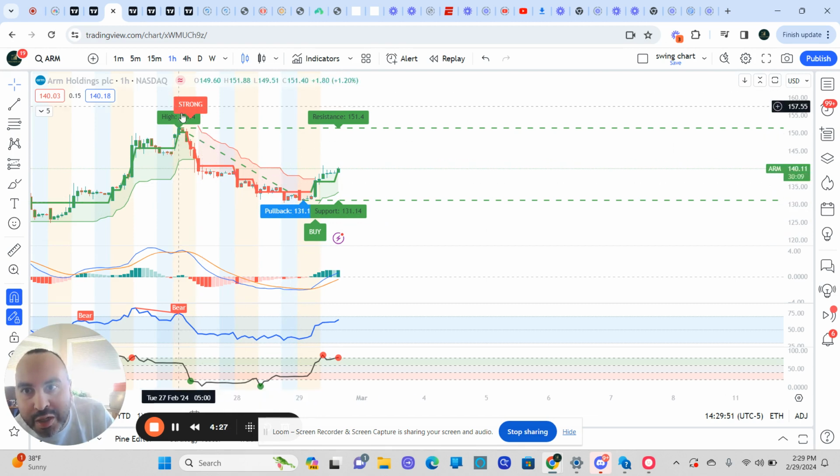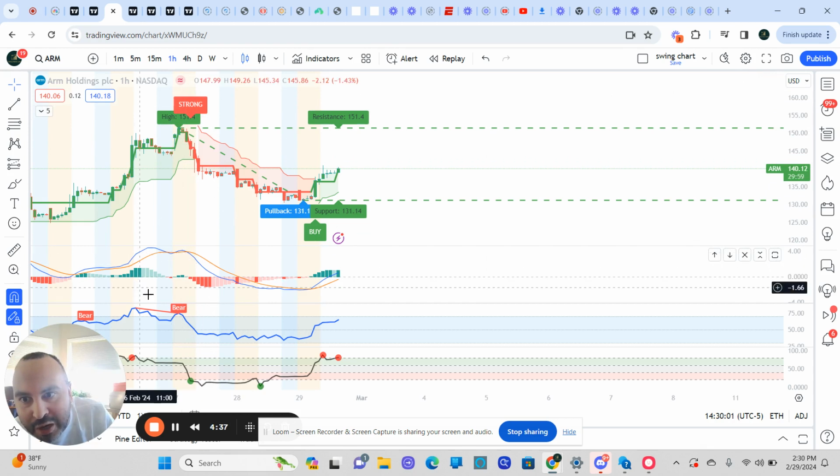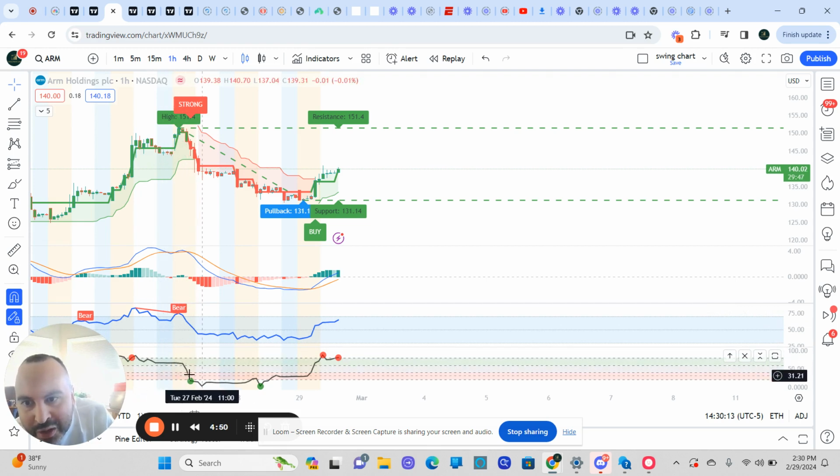So what did we see? Again, let's go back to the short play here, right? So why would we enter puts here? Well, we have our strong sell signal. Our MACD cross is bearish. We have bearish divergence here on the RSI divergence indicator. And our money flow index, it's nothing to write home about over here. This would kind of be indifferent to me on this play. But those three things